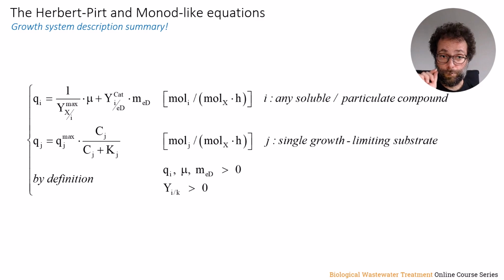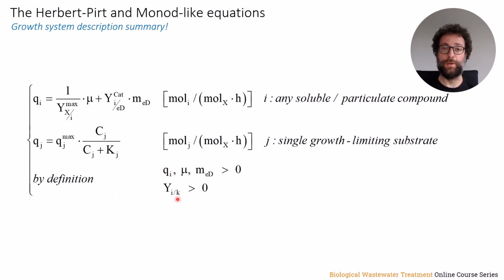For this single growth limiting substrate j, the biomass-specific consumption rate is proportional to the concentration of the specific substrate and the maximum consumption rate of the same substrate. By definition, as we said, we always used consistently throughout these classes,